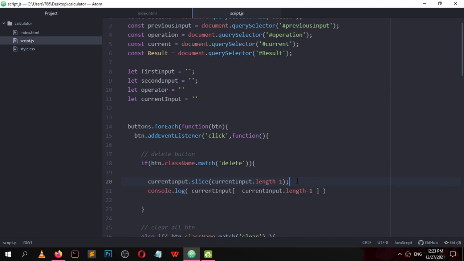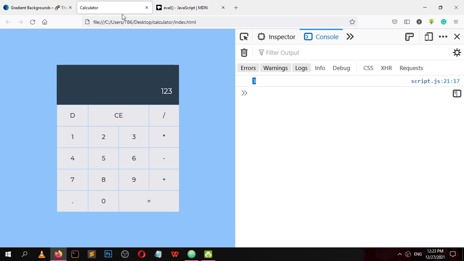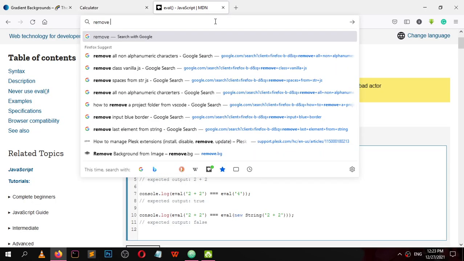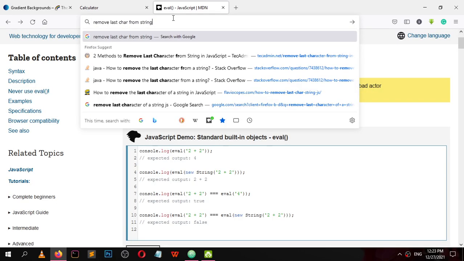I am missing something. Let me see how I did this. Or search for remove last element JS, or remove last character from string JS.